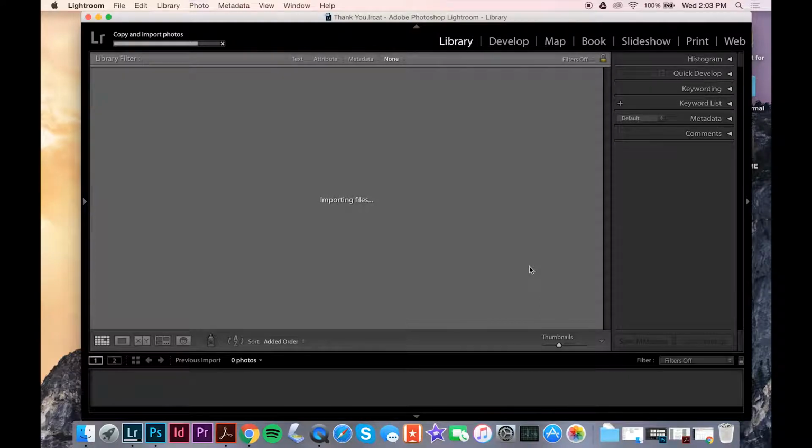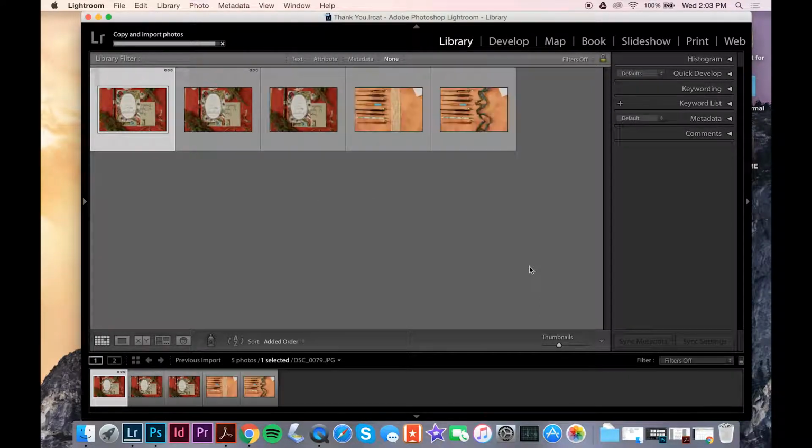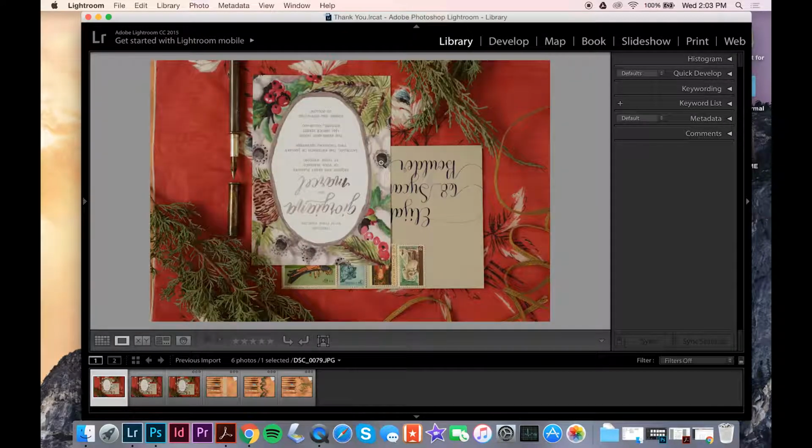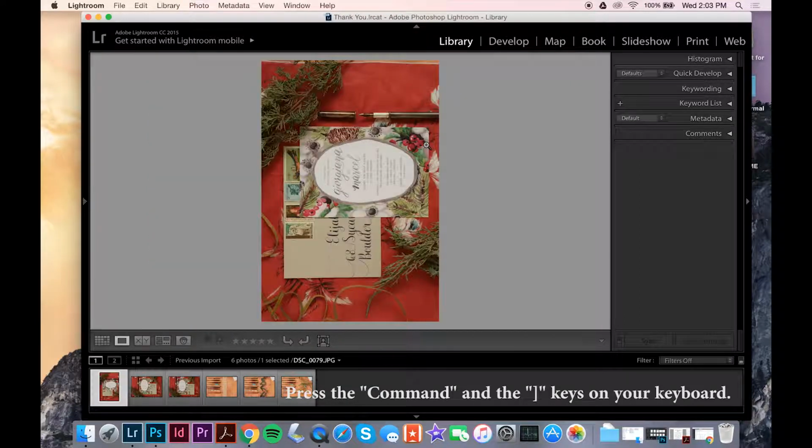So now Lightroom is importing the photos so I can work with them. And you can see, I'm going to double click on this photo and it shows up here. It's upside down. So I'm going to use the keyboard command, command plus the right bracket, and that rotates the